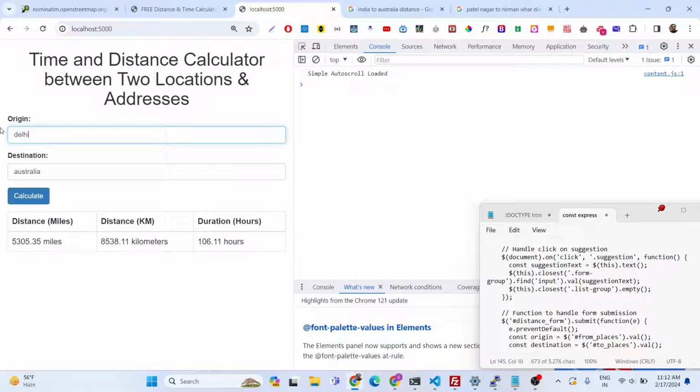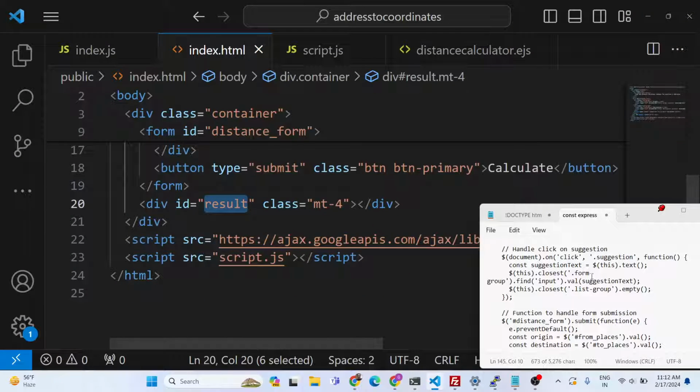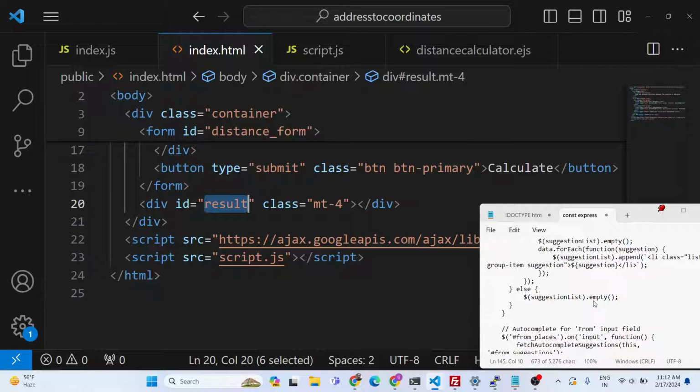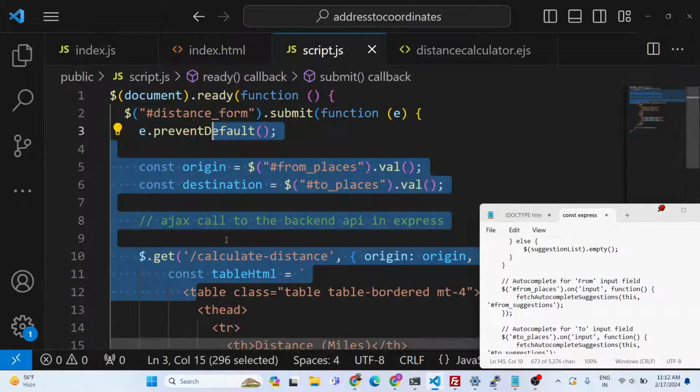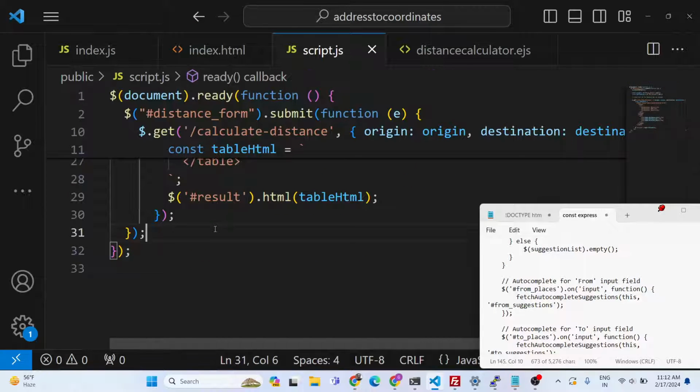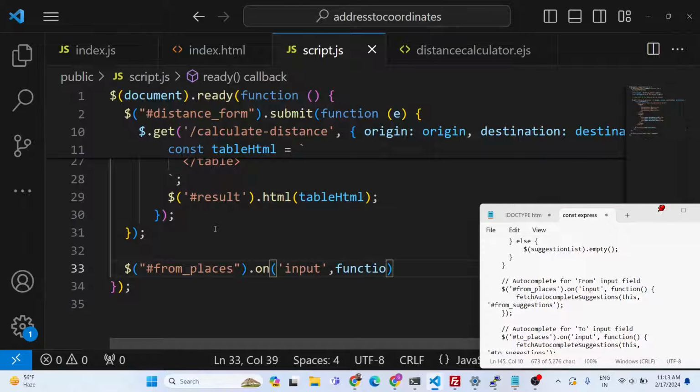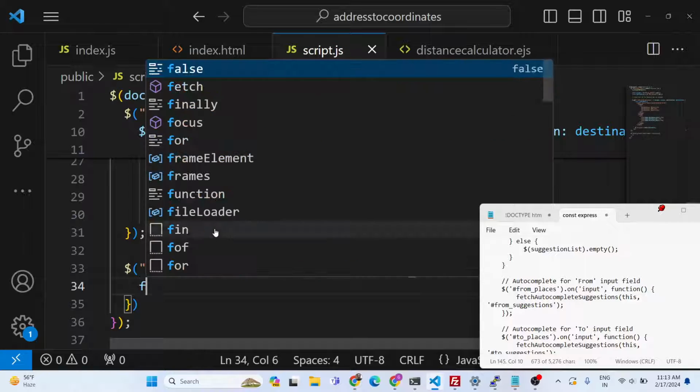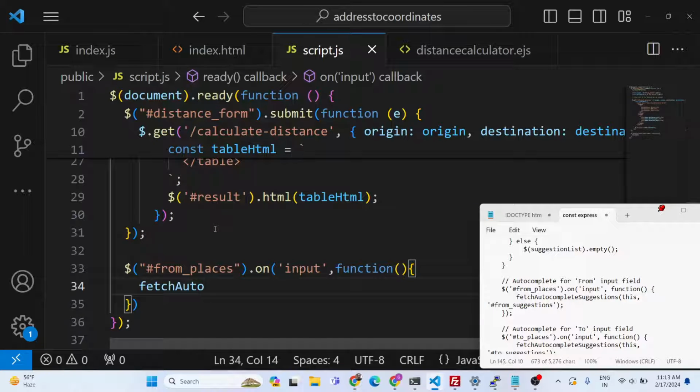As I type the address, I need to integrate the autocomplete suggestions, which will automatically come once you type. So what we can do is attach an on-type event handler. We have these input fields out there. We can attach a special event which is input. So whenever you type something in the input field, these suggestions will come, similar to Google Maps. We will write a function, fetch autocomplete suggestions. We'll pass the reference and the